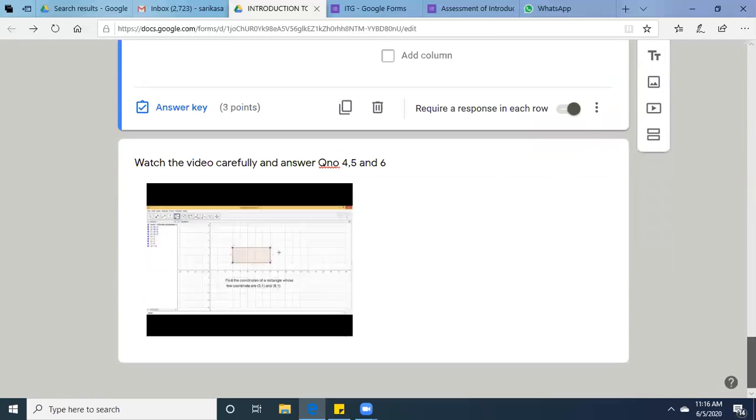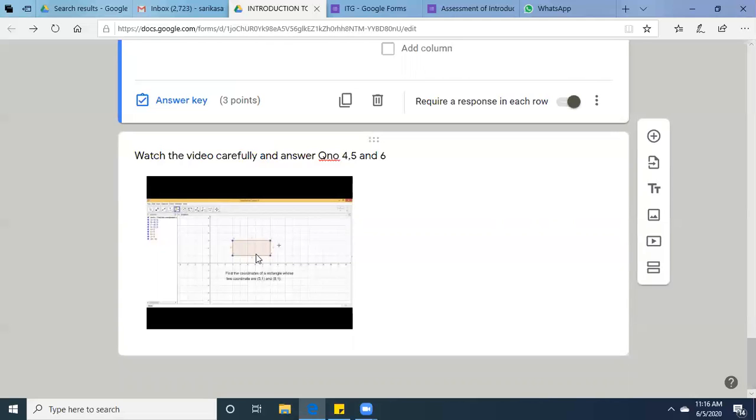Now, when I see its preview, it will show the play button. When the student plays this video, then only they will be answering the following questions. That question will be question number 4, 5, 6. Now, how will I type? I am using one more option to insert those questions.